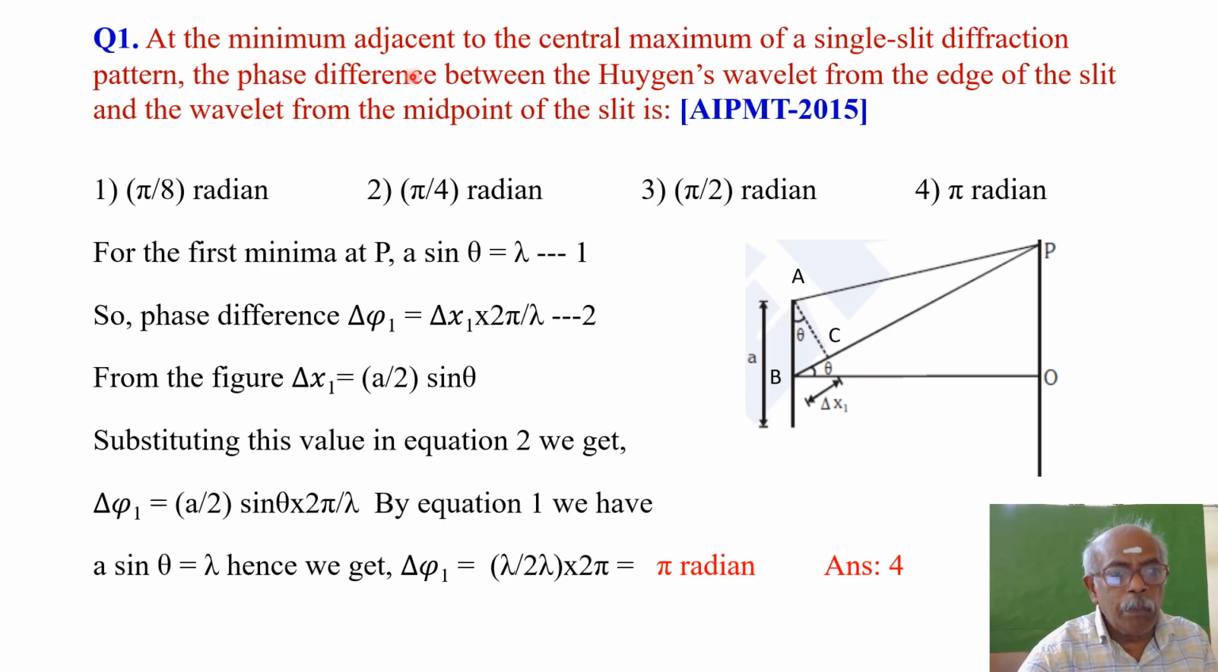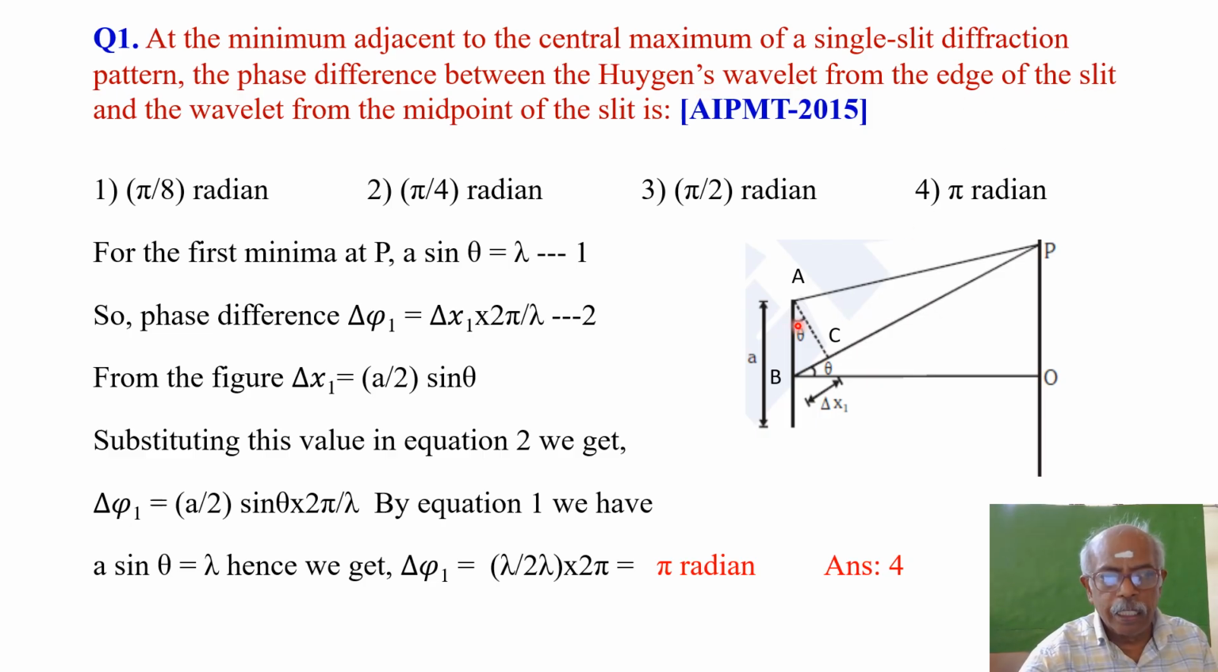At the minimum adjacent to the central maximum of a single slit diffraction pattern. So this is the figure. This is the single slit. The width of the slit is small a. Point O corresponds to the central maximum and the point B corresponds to the adjacent minimum. Adjacent means what? First minimum, is it not? Okay. Now you are asked to calculate the phase difference between the Huygens' wavelets from the edge